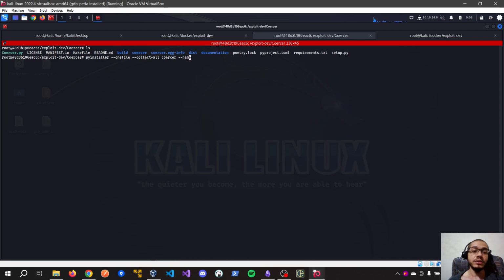Not all binaries need you to pass the dependency here, so we can test without this option first, and afterwards, according to the error log, you can infer the name of the dependency that is missing. Now we pass the name of the binary we want to generate as output, and the name of the start script, in this case coercer.py. Let's see.